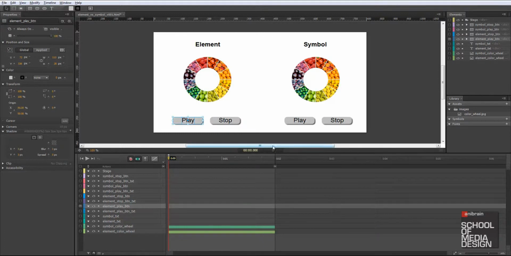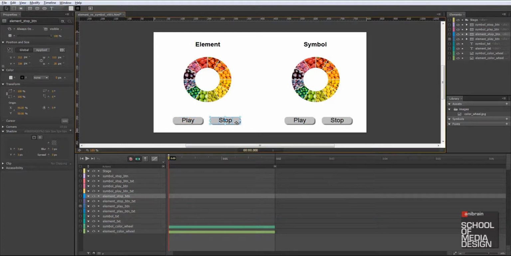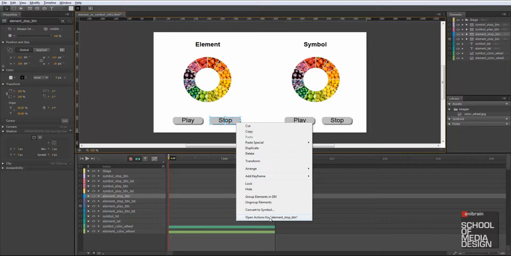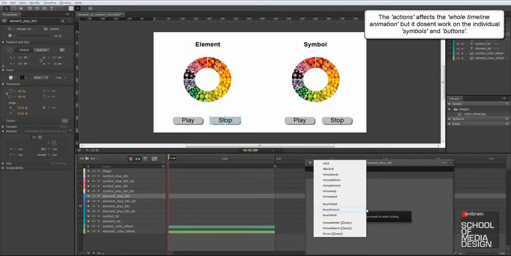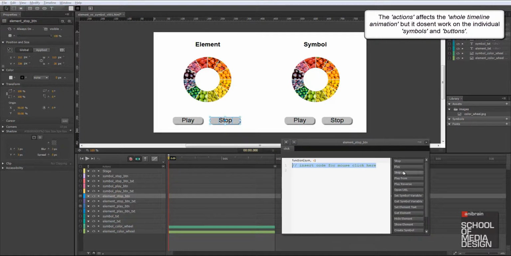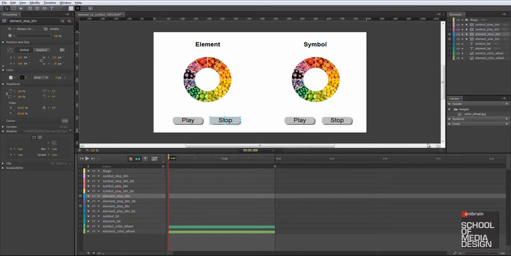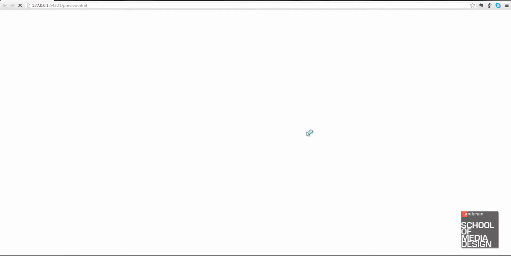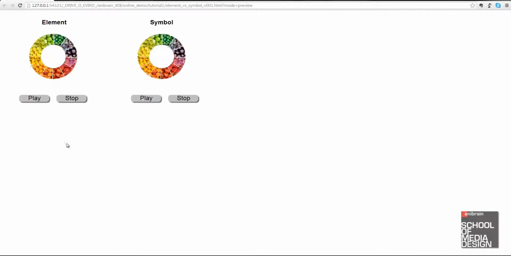In the same way, I'll click on the stop button, right click and say open actions for element stop button. Once more it's asking me, do you want click, double click, mouse over? Definitely I need click. So when you click on this button, the timeline is going to stop. When I say timeline, you'll know what's going to happen now. I'll close this, save the file first and press Ctrl Enter. Now what's going to happen is when I say stop,